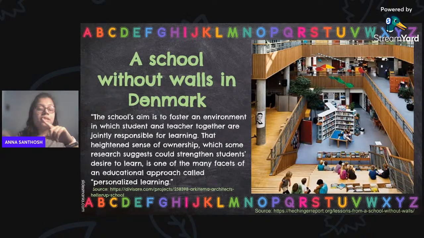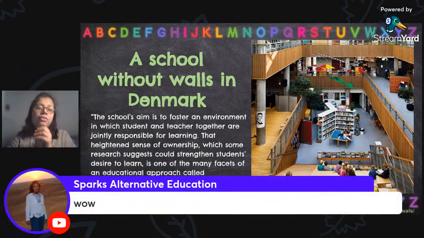But this is a school without walls in Denmark. When we think about schools, when we visualize schools, what comes to our mind is a four-wall classroom with a single door or two doors. But this is a school without walls in Denmark. The main aim of the school is to foster an environment in which student and teacher together are jointly responsible for learning. That heightens the sense of ownership, which some research suggests could strengthen students' desire to learn, and is one of the many facets of an educational approach called